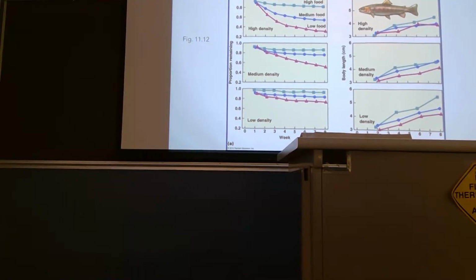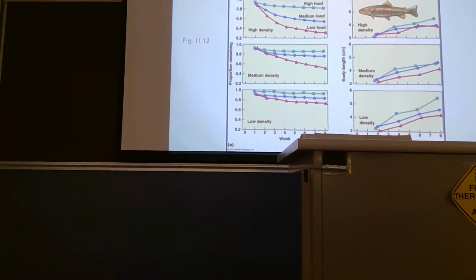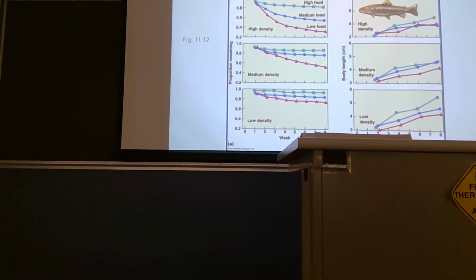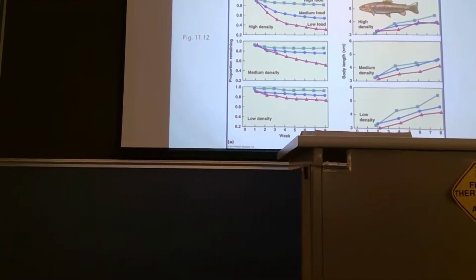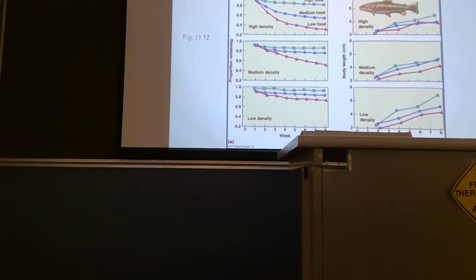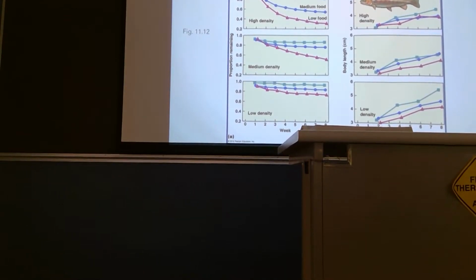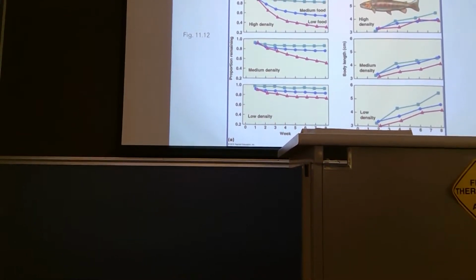All right. So if you were going to grow steelhead trout, what would you choose in terms of stocking density and food? Low density. Yep. Low density, lots of food. Okay. Guess what? That's expensive and not very productive. And so, medium density. Yeah, there has to be some kind of trade-off, okay?